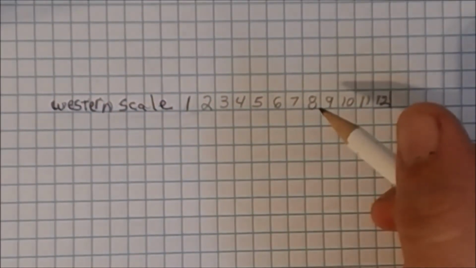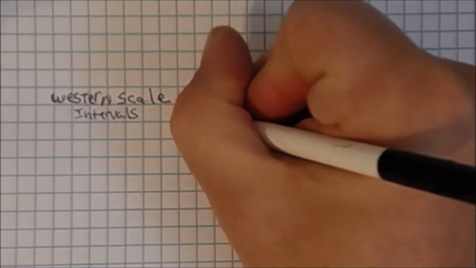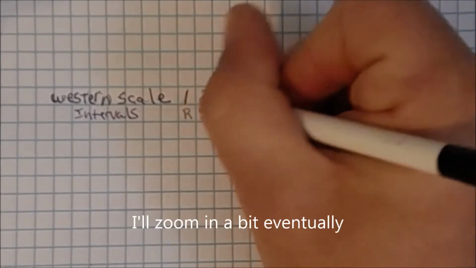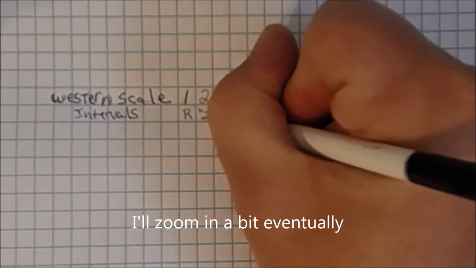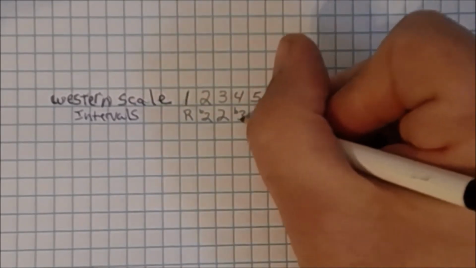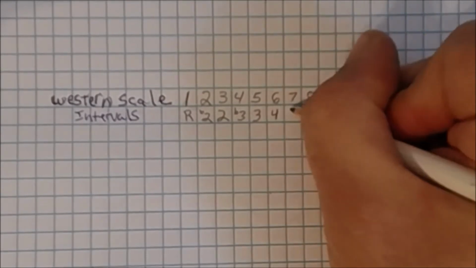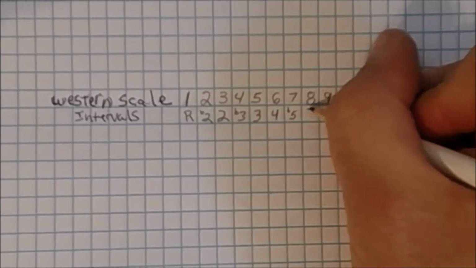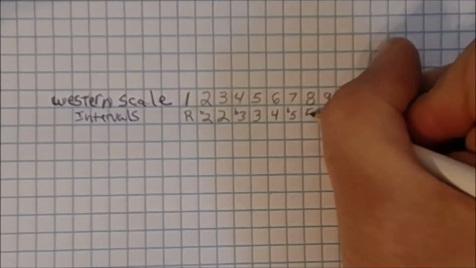The next one we're going to write is called intervals. We're going to start with an R for root, and we need something called a flat second here, so we're going to put a tiny little b there and the number 2, and here I'm going to write a larger 2, and I'm going to write a smaller 3 with the b there for flat third, and third. Then we'll write the number 4, and then watch closely here. We're going to have a 5, a flat 5. So we're going to have that little tiny b in there. It's kind of tiny, but